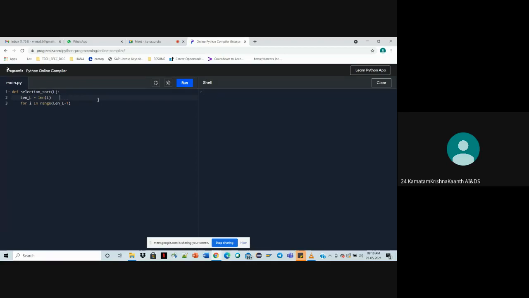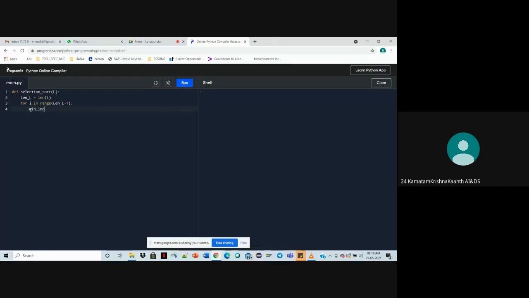I will show that with an example. Right. Now here I is the first element of the list we have given, and it corresponds to all the elements. Now for the first element, if we have to compare, we have to identify the first element as the minimum element, then compare with the second element.